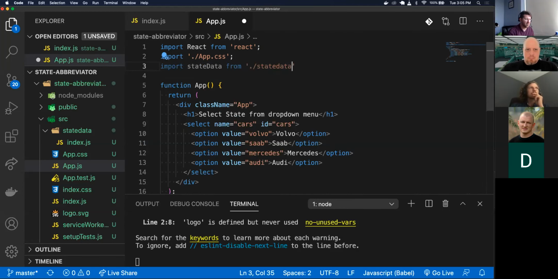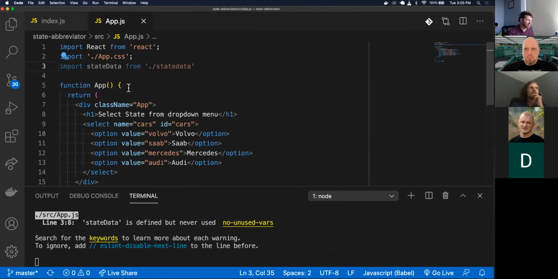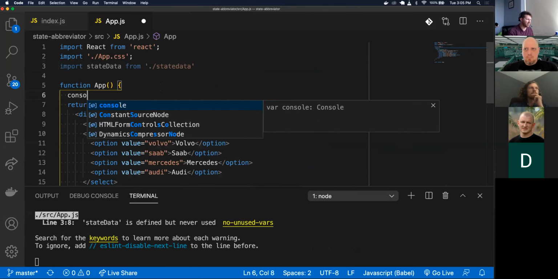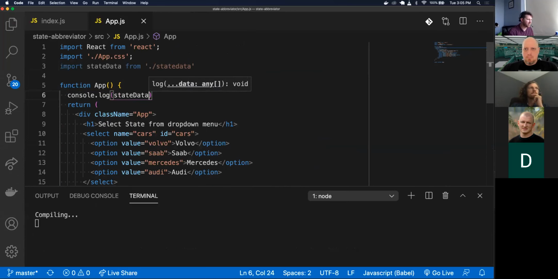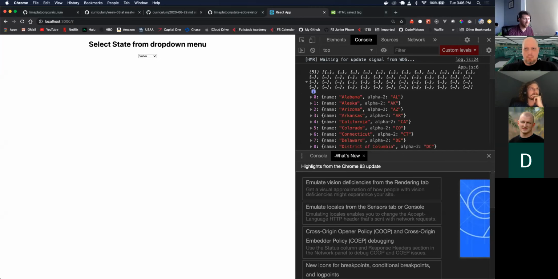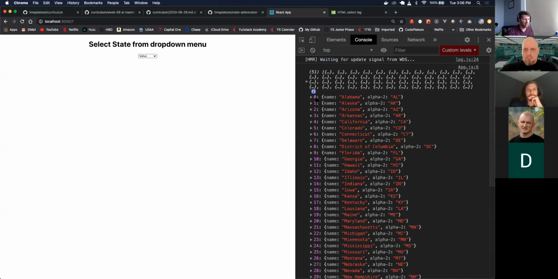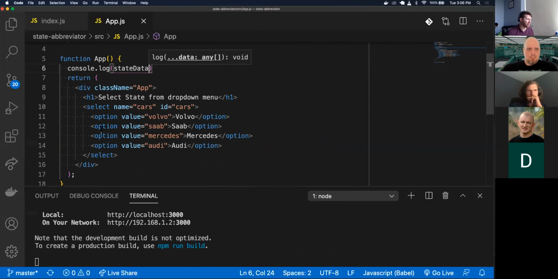I think that's it. So it says on line 3, state data is not defined. I'm going to console log state data. All right, and go back to my app, and I can see my state data being printed out in the console. So here it is, the name, Alabama, great. So here's my actual selected items,